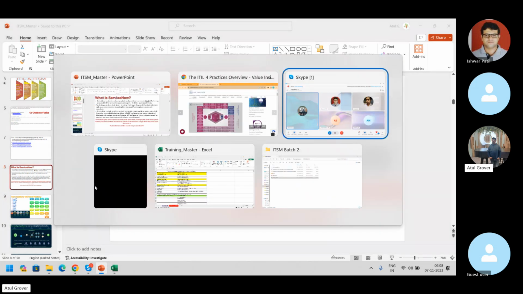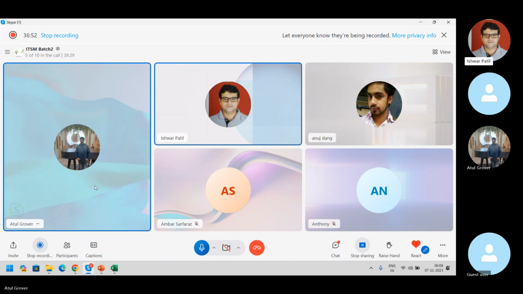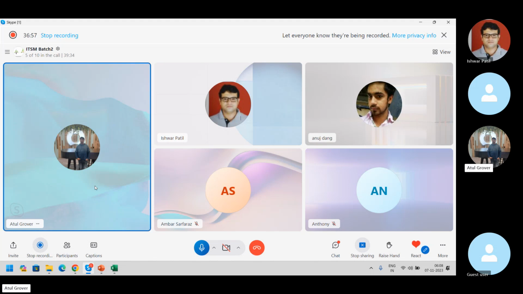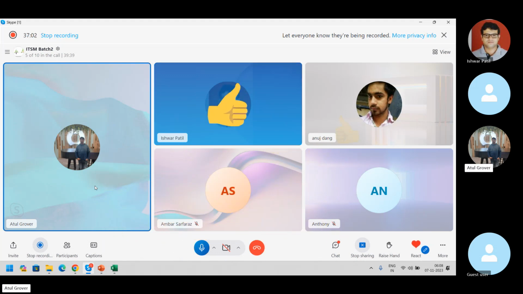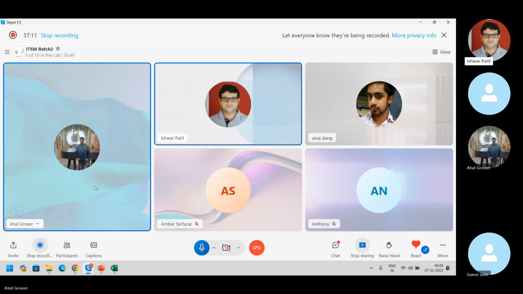Let me come to you guys. What is ServiceNow for you? Okay, leave it. How many of you use Excel or Word files on a daily basis? Ishwar says, Atul, my day starts with Excel and ends with Excel only. That's true. What is the purpose of Excel? Why are you using the Excel sheet? Yeah, for my data management and reporting, it's a mandatory tool set for me.